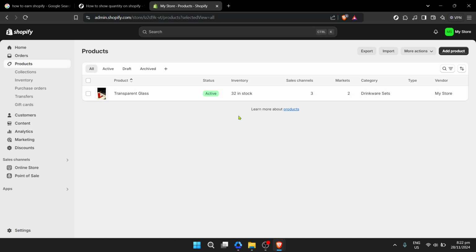When managing your inventory on Shopify, it's important to keep a few things in mind. First, regularly updating your stock levels can ensure that the quantities shown on your website are accurate. This helps avoid customer disappointment and the potential hassle of managing orders that cannot be fulfilled. Additionally, if you're managing a large inventory, consider using bulk actions to adjust quantities for multiple products at once. This can save you time and ensure that your product listings are always up to date.